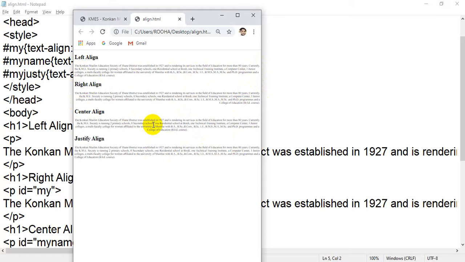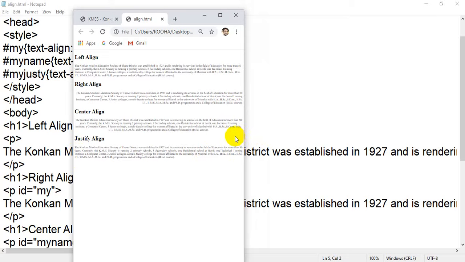In center, it's aligned in center, not from left, not from right. But in justify, it's aligned from left as well as from right. Even if I reduce the page, left is aligned but not from right, right is aligned but not from left, center only in center, and justify from left as well as from right.